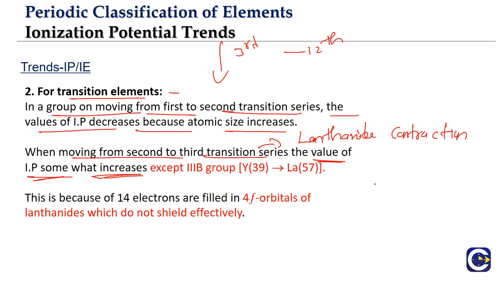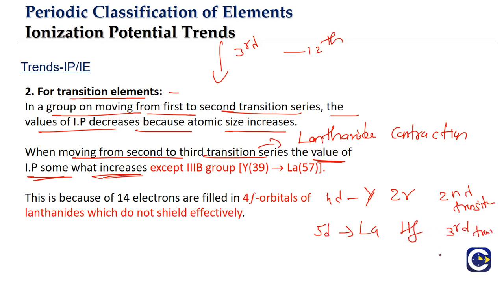If you look at the elements, so we have yttrium, zirconium, and this is the 4d series. We also call it the second transition series. The 5d series is also called the third transition series. The fourth transition series is incomplete. Now what we see is when we look at zirconium to hafnium,